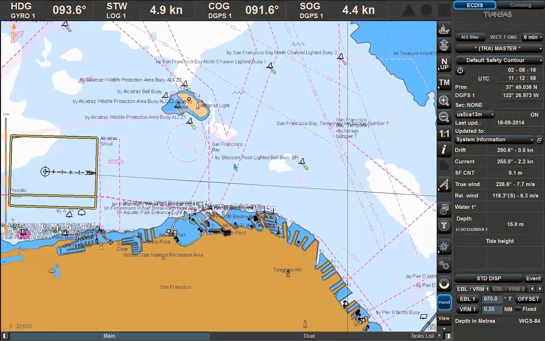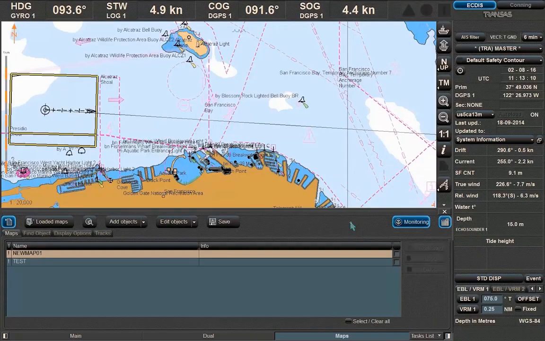Maps panel. Creating user map objects can be done in the Maps panel, which can be opened by clicking the Maps checkbox in the Tasks list. The panel is composed of the following buttons: